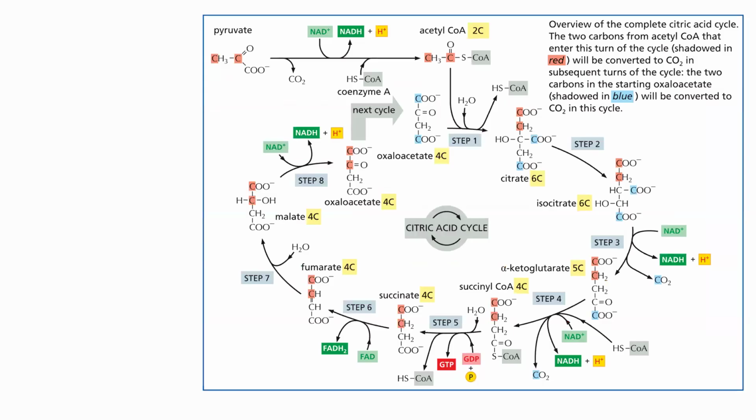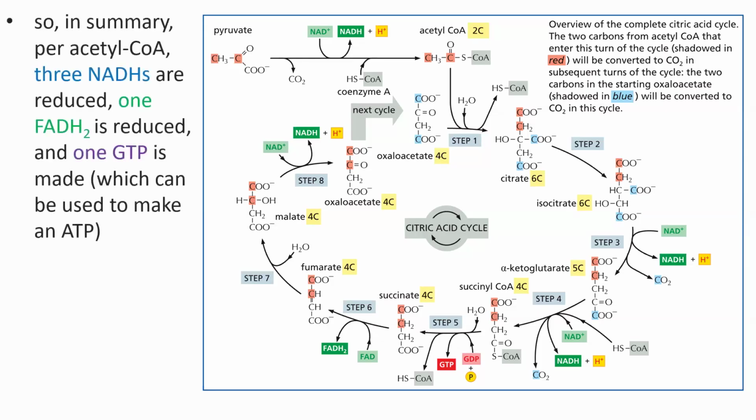So this beautiful figure shows the citric acid cycle in all of its glory, as we just described it. And again, I just want you to know the type of reaction occurring in each step, what's going on with the energetics, what's going on with the electrons, what's going on with the triphosphate, that generation of GTP there in step 5. So to summarize all of this, per acetyl-CoA, so per one run of the citric acid cycle, 3 NADHs are reduced. That's a total of 6 electrons stolen. 1 FADH2 is reduced, so 2 more electrons there, and 1 triphosphate was made.